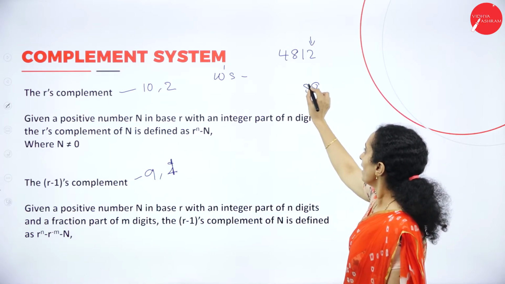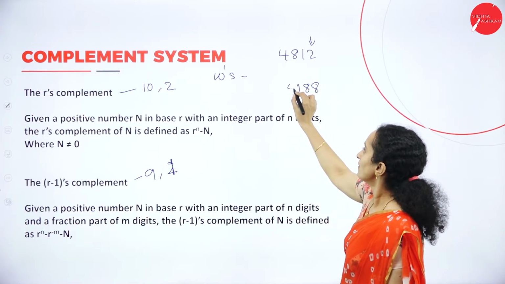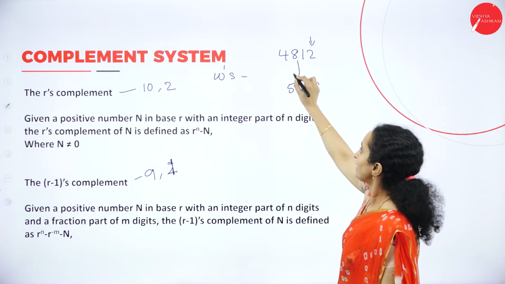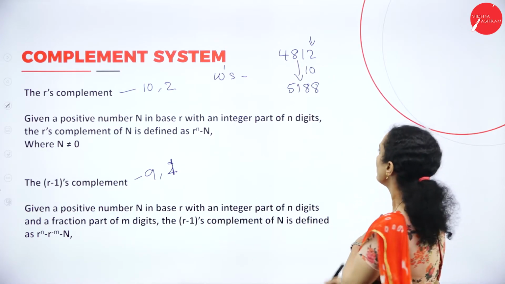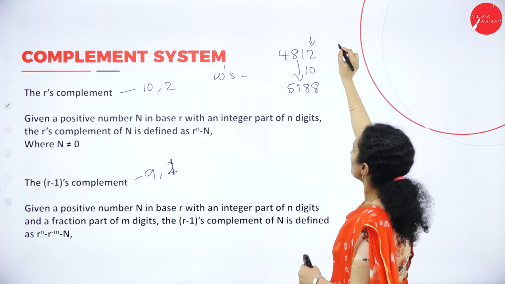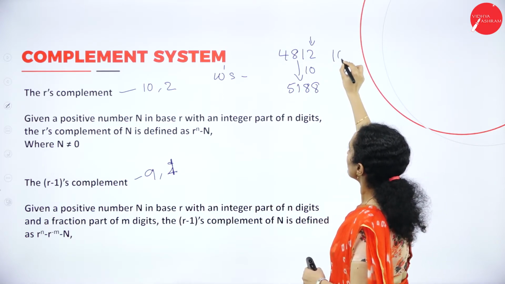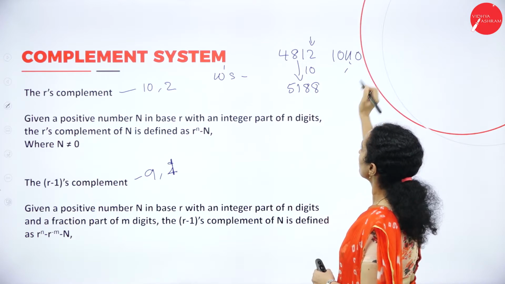It will be 8, 1, 5. 5, 1, 8, 8 will be the 10's complement. Okay. What about 2's complement? When you have 1, 0, 1, 1, 0, how do you